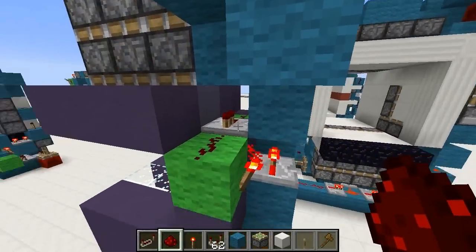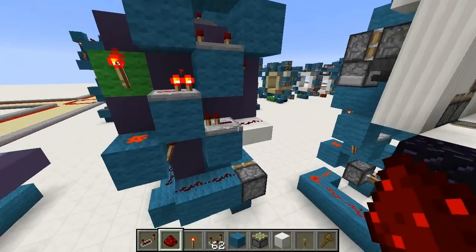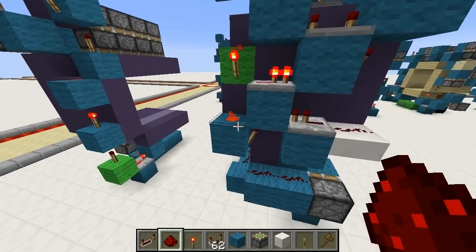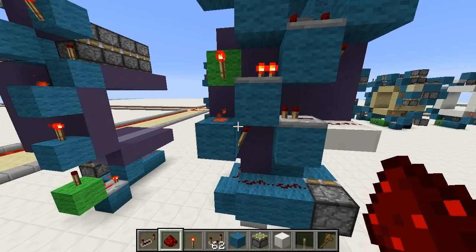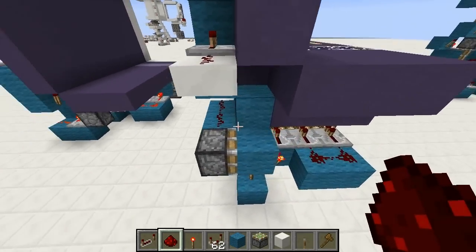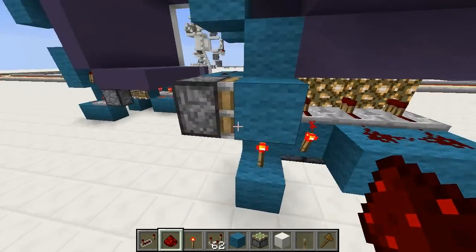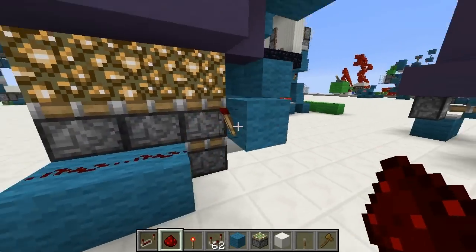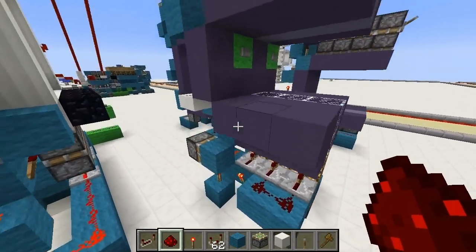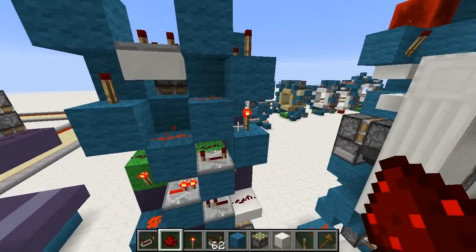Both buttons lead into this torch, and this part here makes a 1 tick on this torch because it burns out. That forces it to make a 1 tick. So it's a simple torch monostable, toggling this T flip-flop, and it'll depower that line, powering this torch and these repeaters. And then the next time the T flip-flop won't block the top, so the top will